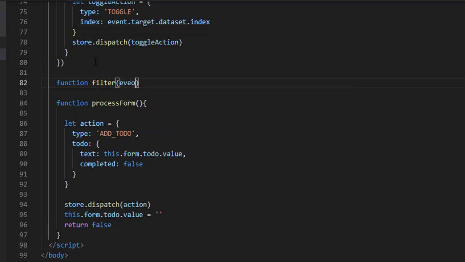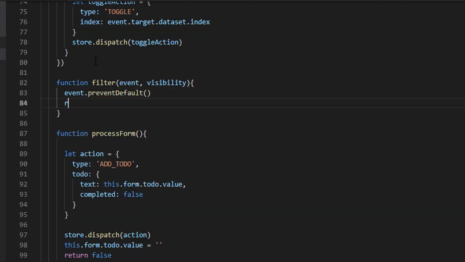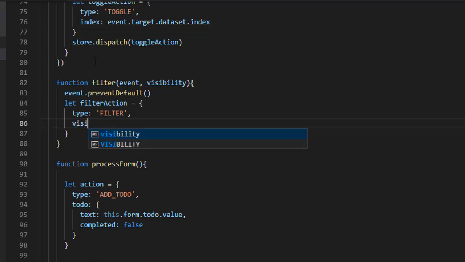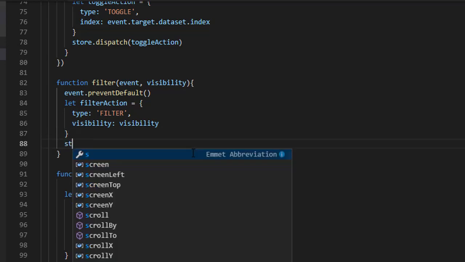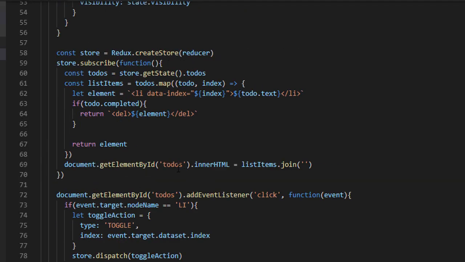Filter, event, visibility value. So now first we need to prevent the anchor link from submitting. So event.preventDefault. Next we will define an action. Let filterAction is equal to an object. It will have a type called filter, and we will pass the visibility value, visibility. So now we have defined our action. Let's send it using the store.dispatch method, filterAction,